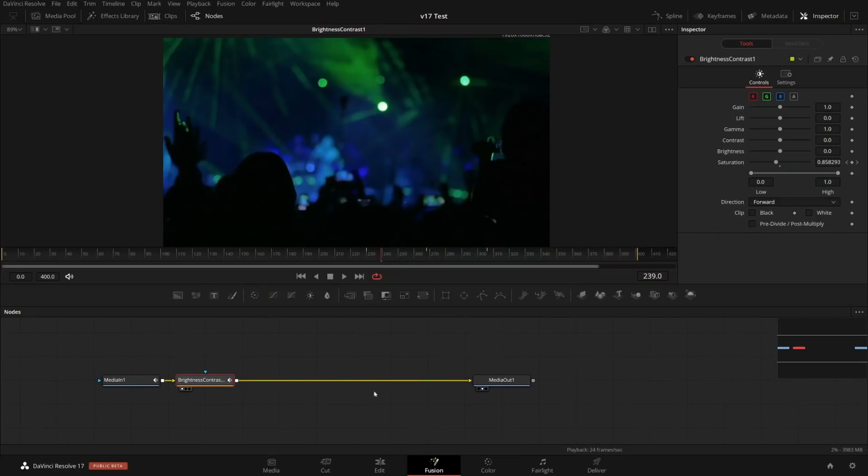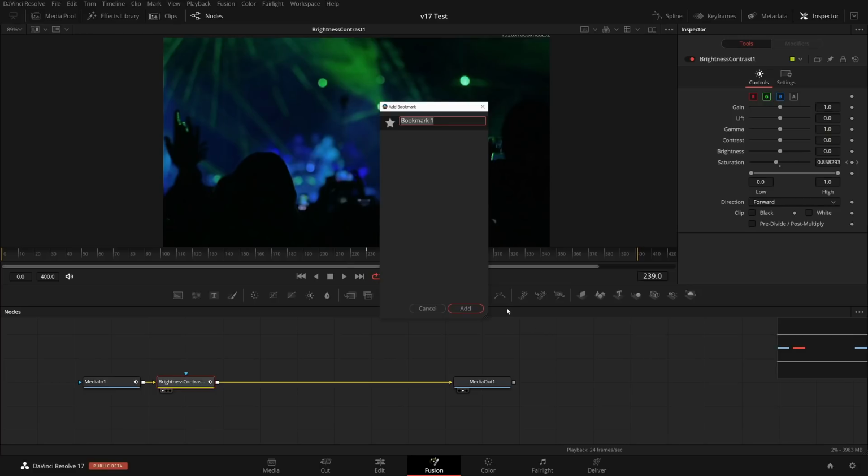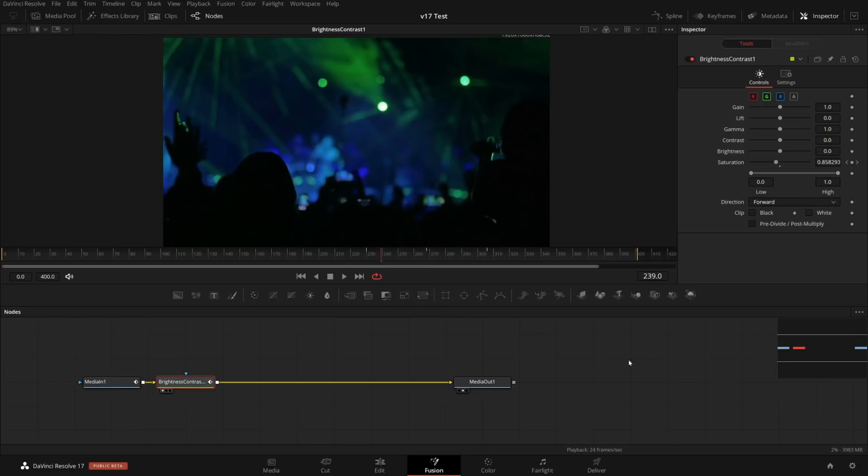There are a few more improvements to the UI which don't really impact the compositing itself, but let me quickly show you. So another one is that you can now bookmark the flow. So that's maybe nice. You can here add a bookmark, even with the keyboard shortcut Control D. And let me just add it.